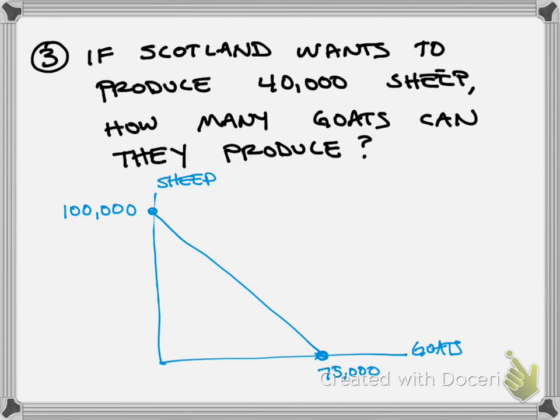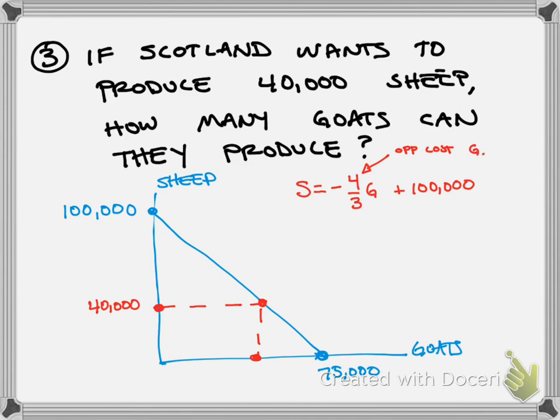So this is asking, well, what if they want to produce 40,000 sheep? We want to identify how many goats they can produce. So we're going to draw out that equation that we had before, where sheep was equal to negative 4/3 goats plus 100,000. One reason why we drew out the equation this way is because this negative 4/3 tells us our opportunity cost